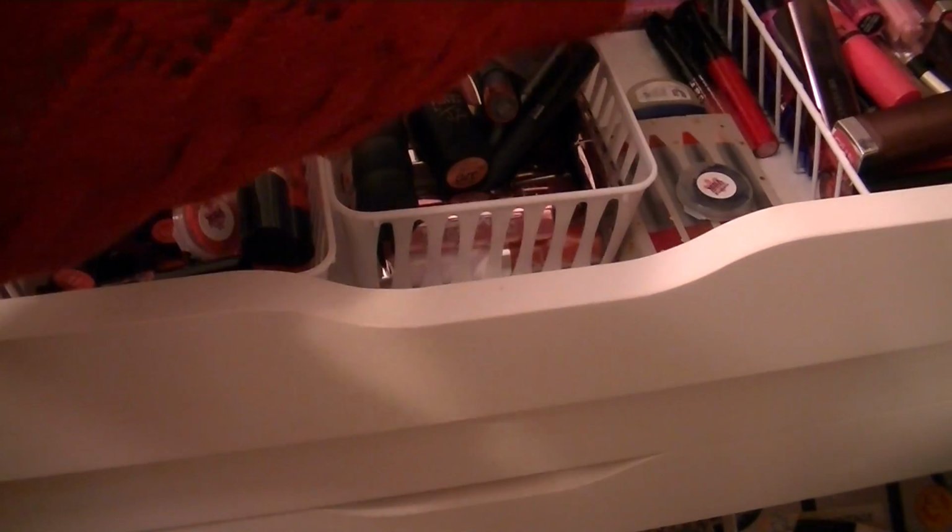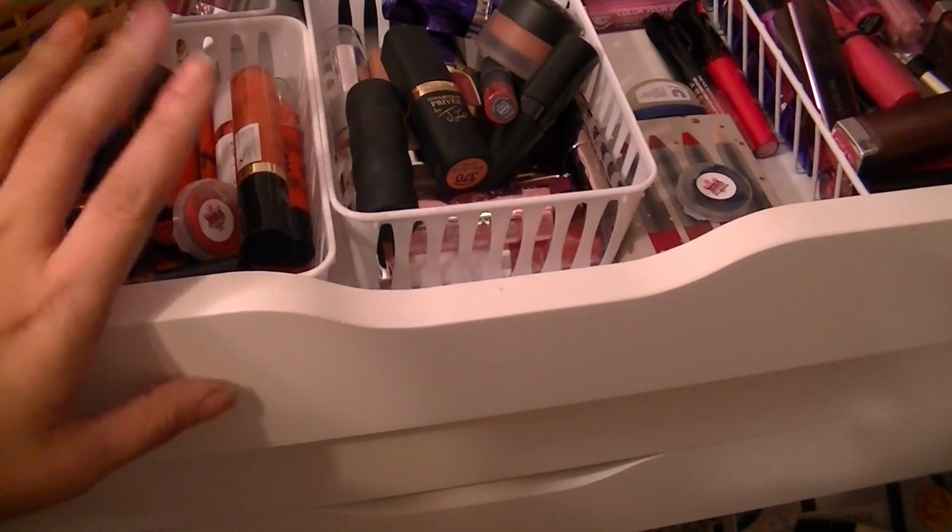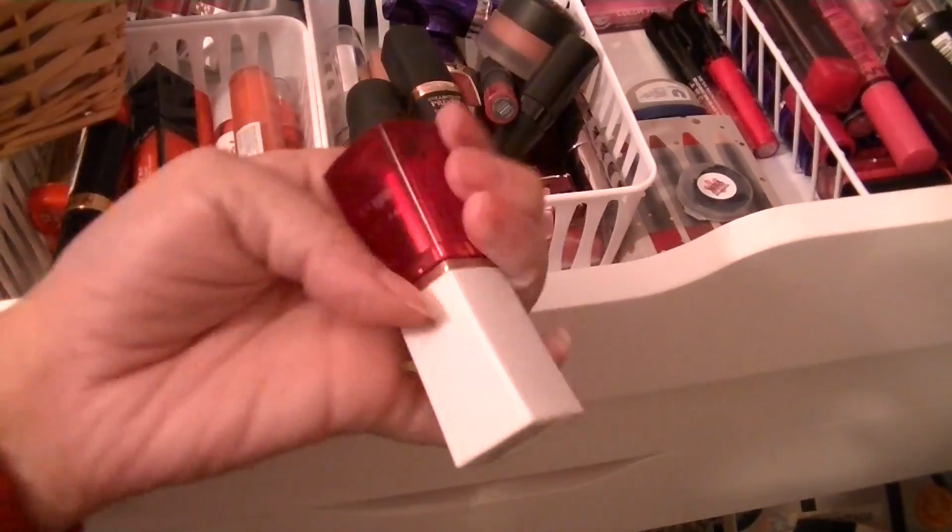Why is this one out of place? Okay. So I have some nudie-ish kind of colors. I really need to go through these lips. It's absolutely ridiculous, guys. And specifically, I'm looking for this guy, my